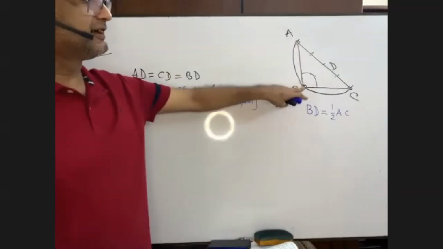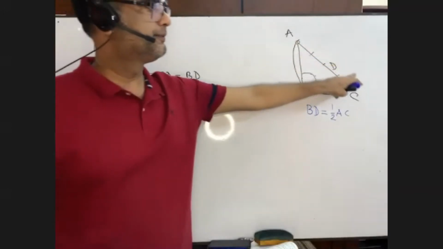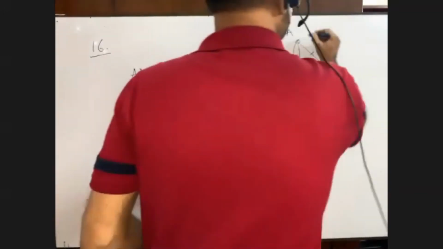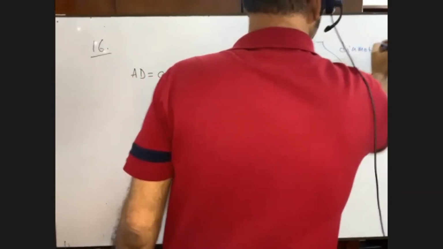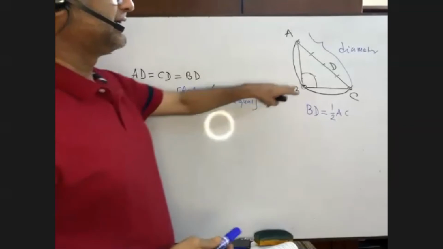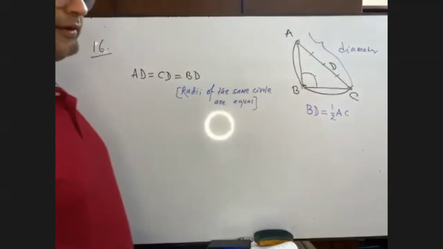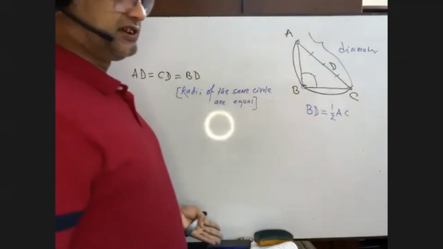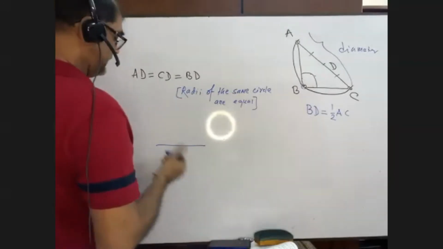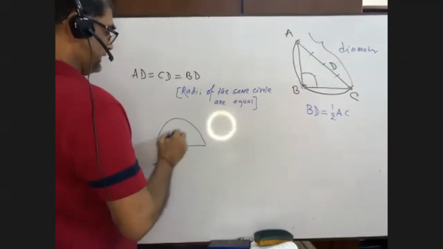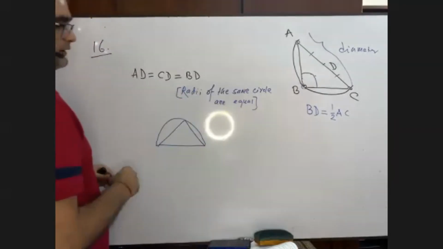An angle at ABC, an angle at the circle. It is the circumference, and it is a diameter. Now the whole thing is a diameter, and the angle at the circumference is 90 degrees. I told you at first that the angle at the circumference is 90 degrees. Same figure.